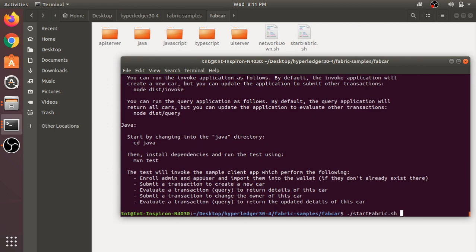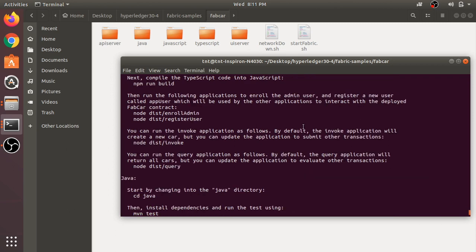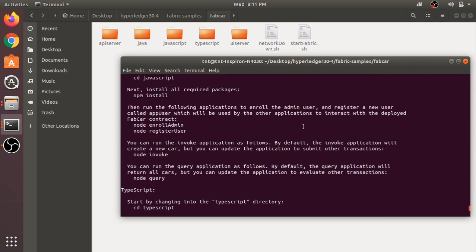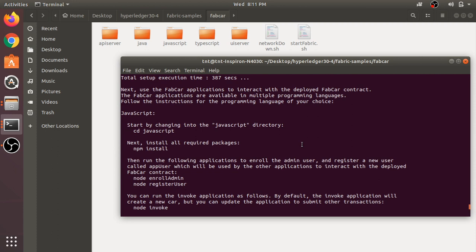Okay, here I have completed deploying the FabCar network. Approximately 8-9 minutes were taken to deploy the network. This is the output you can see after successfully deploying the network. You can see what steps you have to do to continue.